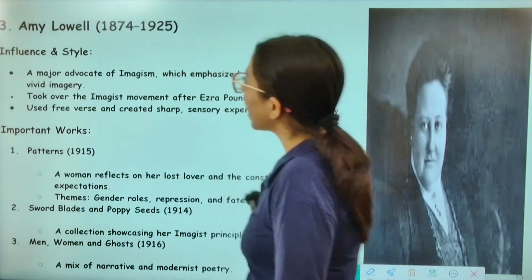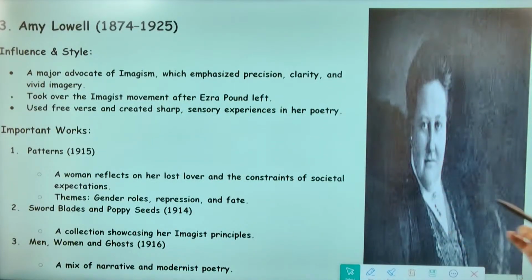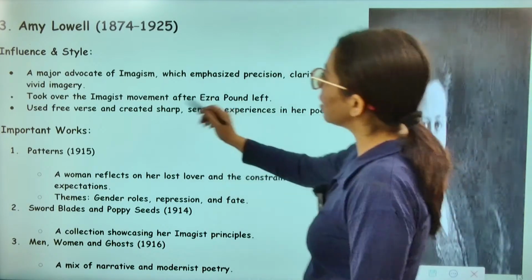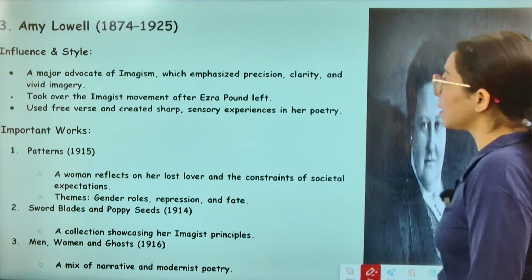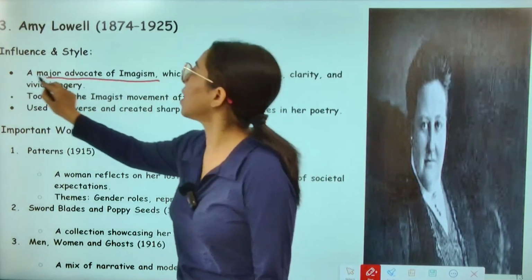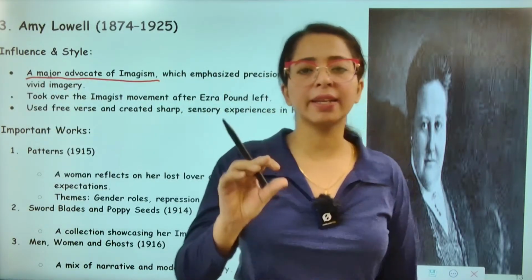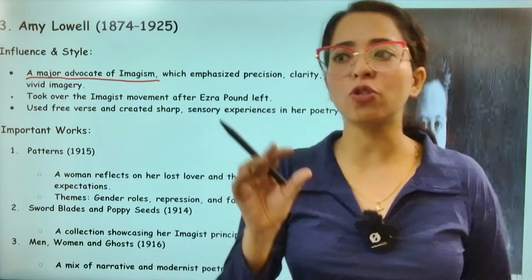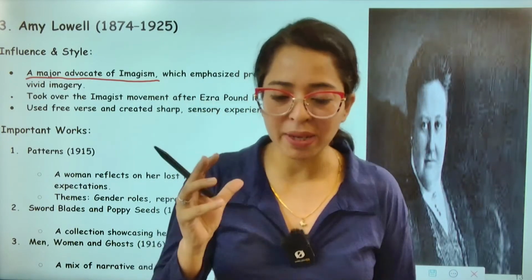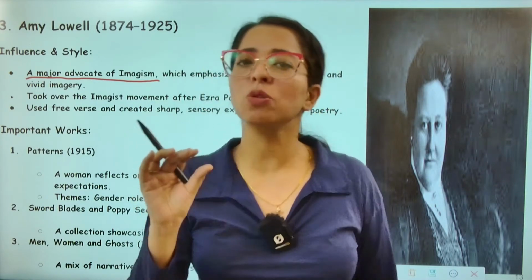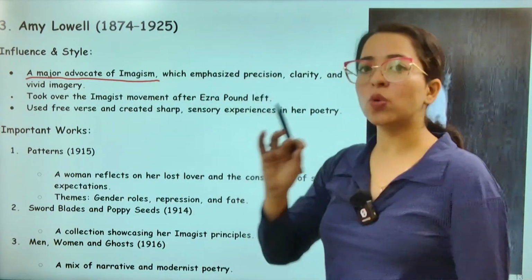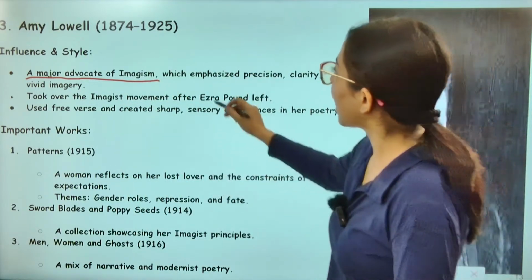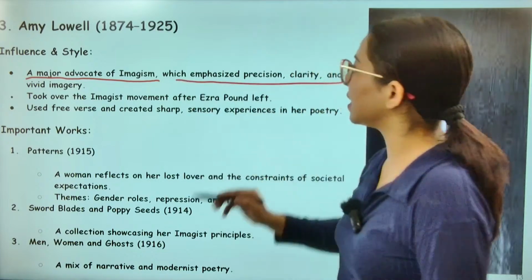Next, you have Amy Lowell. Amy Lowell, again, very influential and a very important poet. And influence and style इनका क्या है? So she is a major advocate for imagism. What was imagism? जहाँ पे हम few words को use करके एक पोएट्री, जब हम पोएट्री लिखेंगे तो few words को use करके एक image बनाएंगे ताकि readers बहुत आराम से उसको image को imagine कर लें. That was imagism. So she was the one who used imagism a lot, and which emphasized precision, clarity, and vivid